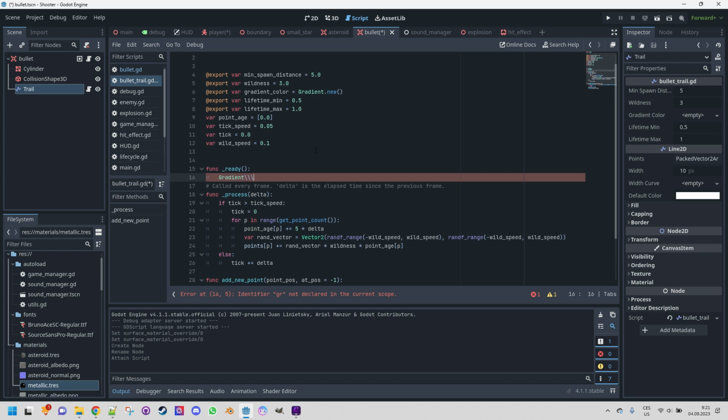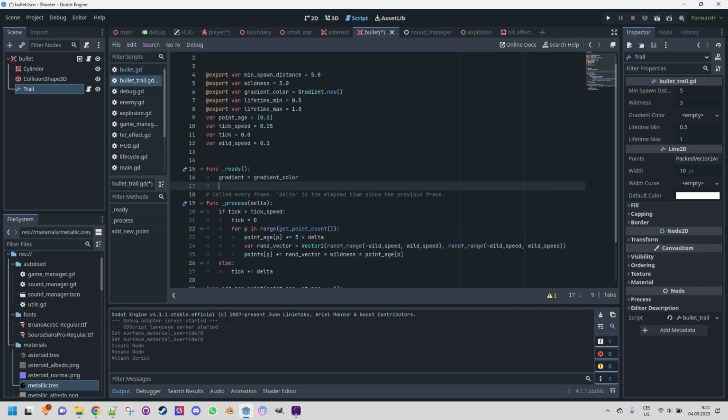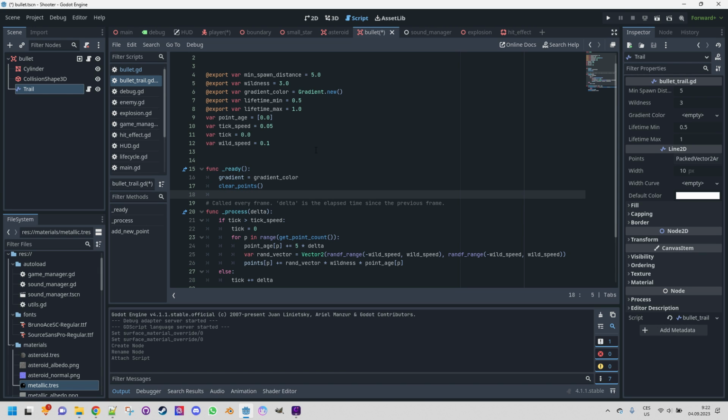Gradient, with lowercase g, because it is a field of the Line2D object, and we will assign it to our gradient color. And we need to clear all existing points, which is just a failsafe, but it's possible the trail is probably created by default with at least 1 point, so we don't want anything there. And we need to stop it